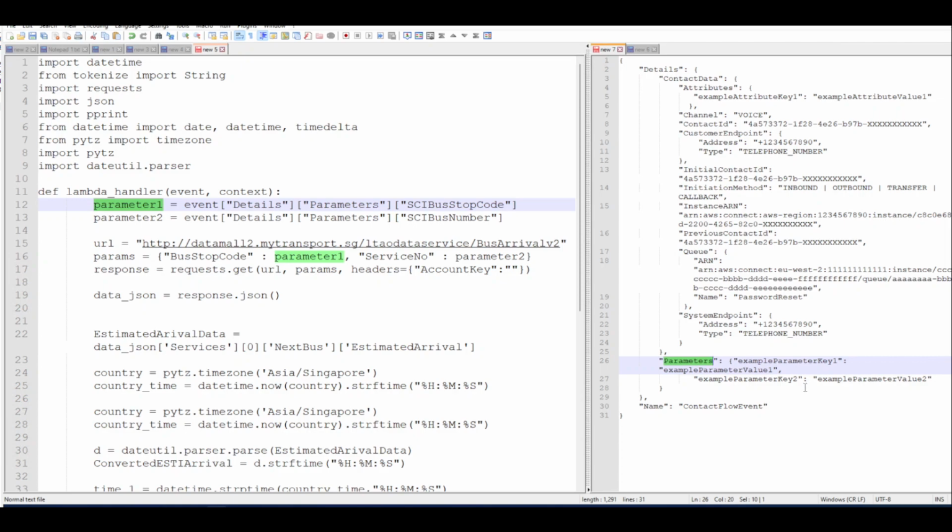Okay, so I'm using the same parameters. I'm using the details under the parameters. My attributes are the bus stop code and the bus number. Using the requests library, which I imported, I'm passing the URL. I mentioned the parameters, bus stop code as parameter one and bus number as parameter two, and I'm mentioning the account key. I'm passing that URL, parameters, and headers in